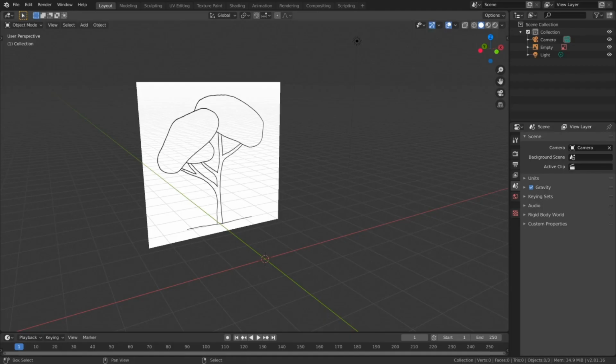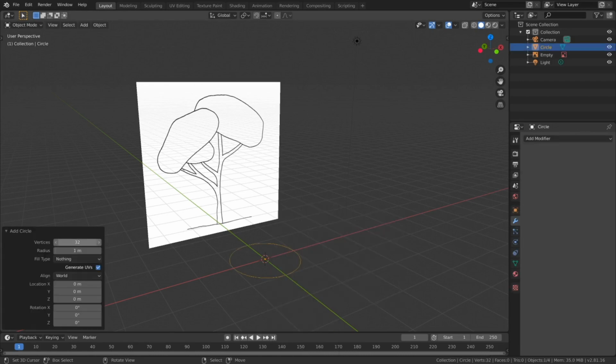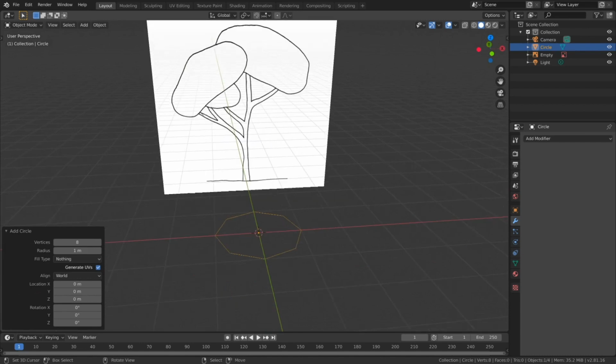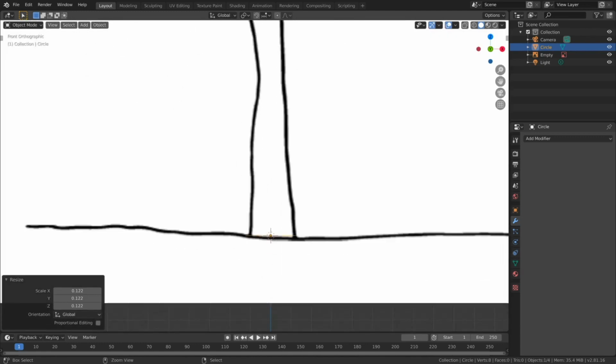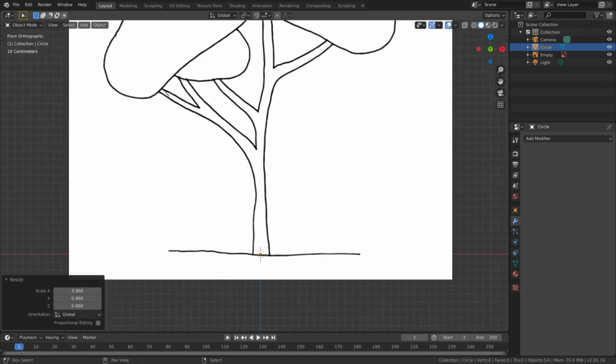So press Shift and A, go to Mesh and then Circle, and then reduce the number of vertices from 32 down to 8, and then scale that down so it matches roughly the size of the tree. You can go in there, just zoom in, check a bit, scale it down, and then press Tab to go